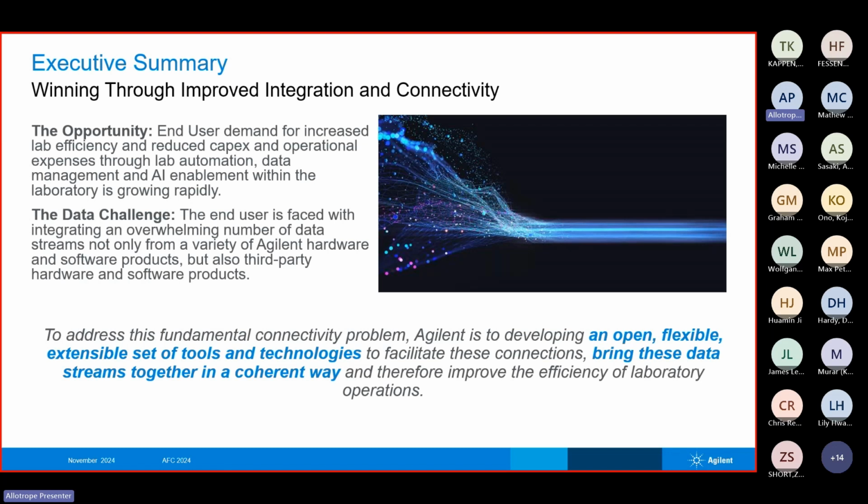When we look at our end users who are using Agilent devices and instruments, with the advent of AI, we are seeing a lot of emphasis on data. The question they have is, if I buy something new, that's going to be a huge CapEx cost. So what can I do with my existing instrument set so that I'm able to manage it within the OpEx parameters? That's where organizations like Allotrope have been a great help for us, because of the data standardization capability